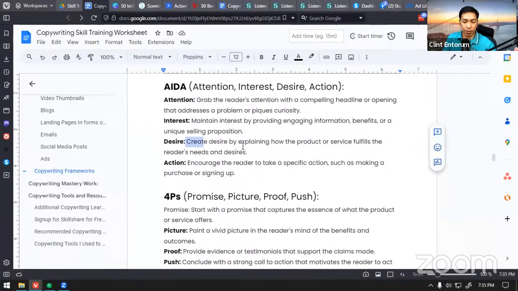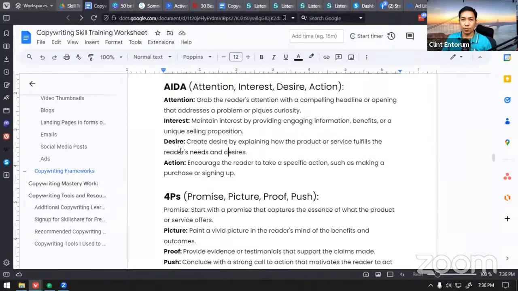Then you ignite the desires, which lead them to take action. That's how you should structure the copy. This is just one of the frameworks. There are a lot more, and I'm going to show you an example later on of how you would produce a copy using this framework.